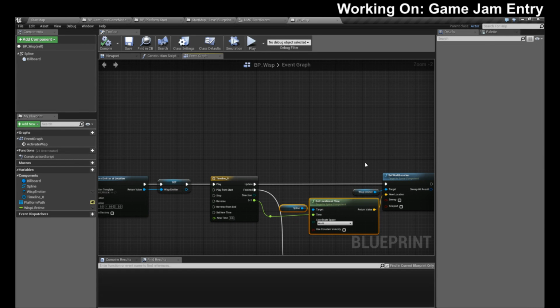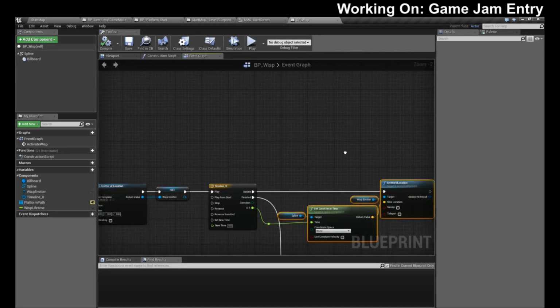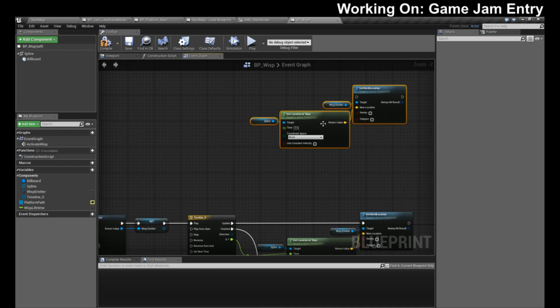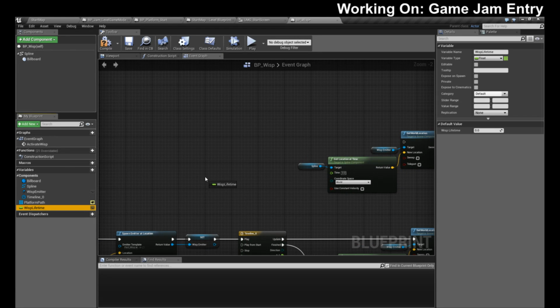So let's steal some nodes here. Yeah, let's steal some nodes so that way I don't have to break that apart yet. And this is gonna be this, and it's gonna be 1, right? Start, add, divide.